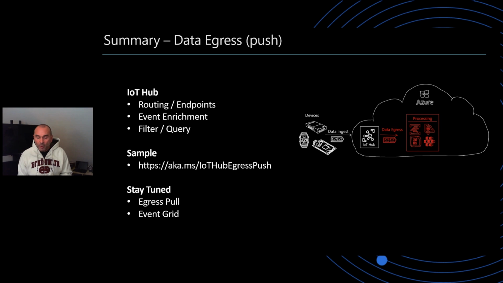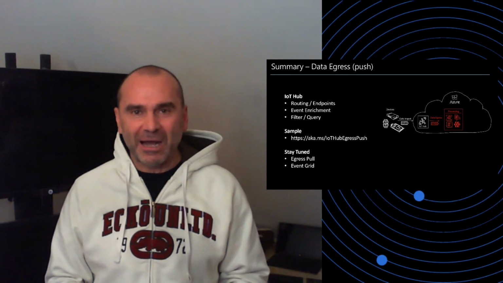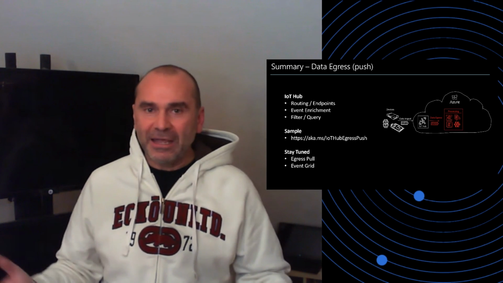Another one will focus more on pulling information from IoT Hub. From my perspective, this is a very, very interesting topic. When I work with ISVs or partners, quite often the pulling of information is not done accurately. Quite often you need an exactly-once processing pattern, and then you have to really invest in how to pull information from IoT Hub. And another session will focus on Event Grid and how you can use Event Grid to again egress data from IoT Hub.